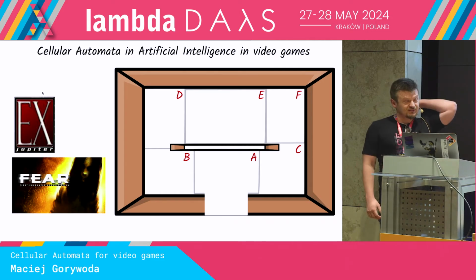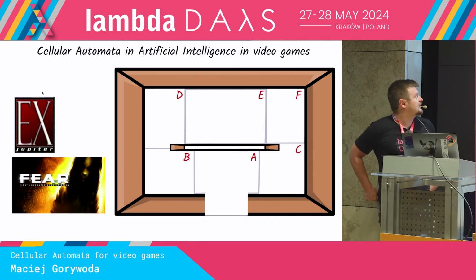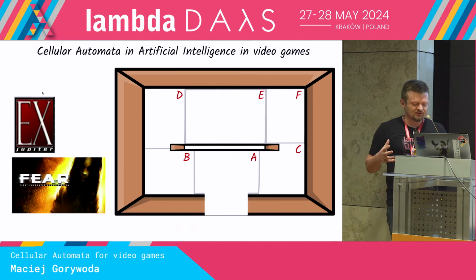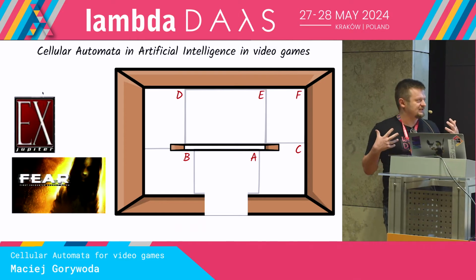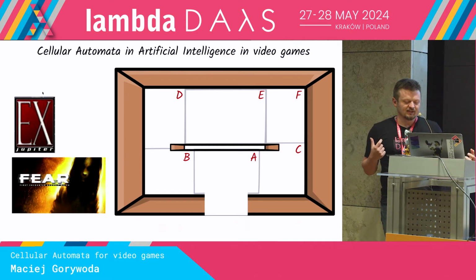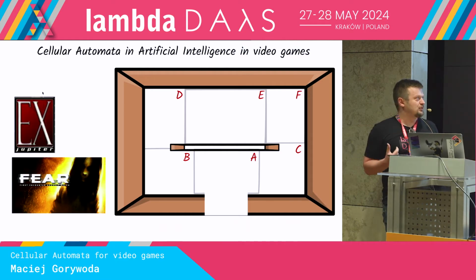In 2006 or 2007, I worked on a game engine called Jupiter X. The best known video game made with this engine was, I think, the first-person shooter F.E.A.R. It had a very simple but very nice artificial intelligence engine that allowed the NPCs in the game to shoot at players from different directions and switch those places.